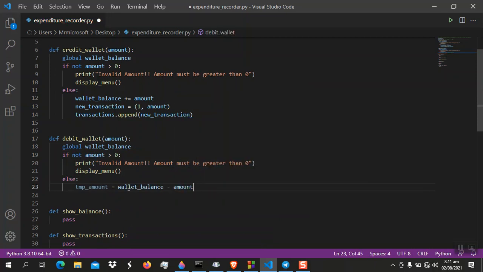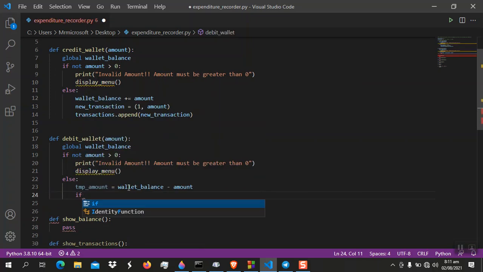Now we check if temp amount, because if it's negative, it means the user has insufficient balance. So you just tell the user insufficient balance, cannot withdraw amount. All right. So if temp amount is less than zero, it means the user has insufficient balance. You see we are using most of the operators we learned. So if temp amount is less than zero, tell the user